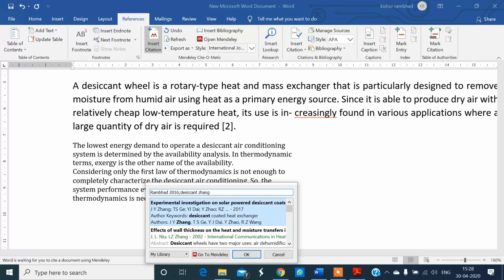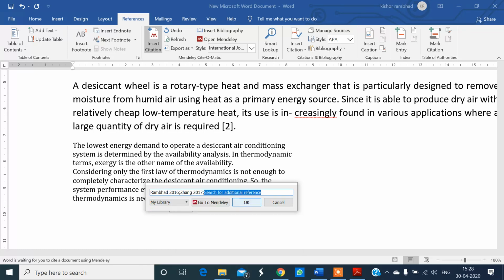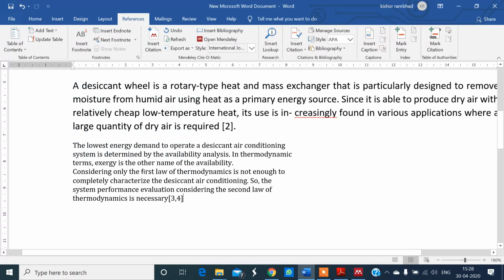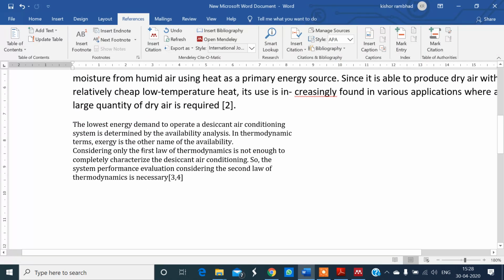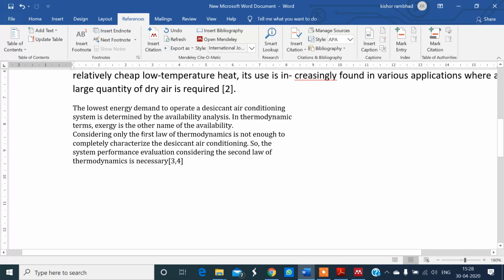This is the paper. Suppose this is a paper. Click over here and press OK. Now the citation for two different papers will be available here.